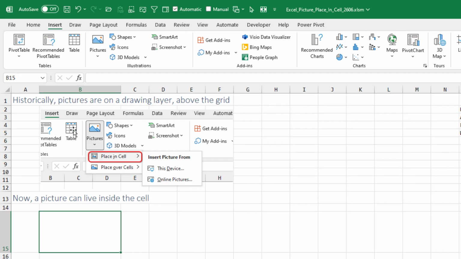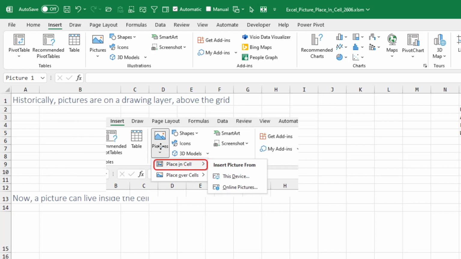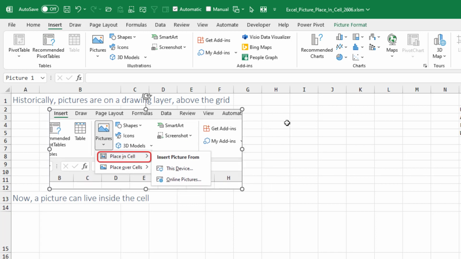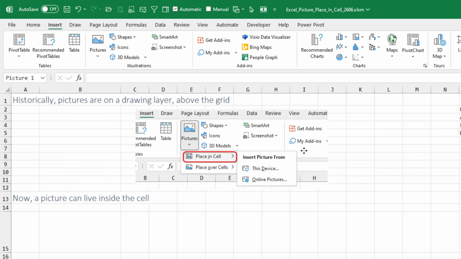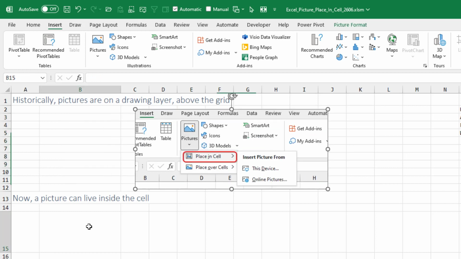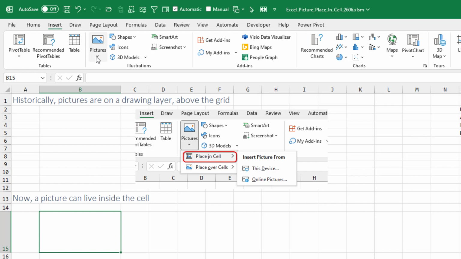Historically, pictures are on a drawing layer above the grid. They're floating there. If there were numbers behind this, you can't see the numbers because the pictures are on top. All right, so it's a drawing layer above the grid. Well, now a picture can live inside the cell. And we've been able to do this for a few months with the image function. So insert pictures, place in cell,